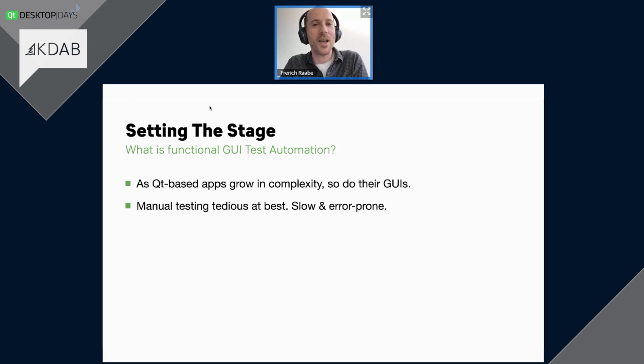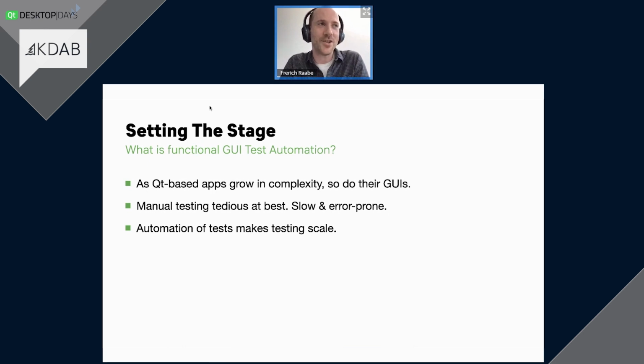And since so much time elapses, there's a wide range of changes in the application which may have been responsible for the defect. So that means that debugging issues found during manual testing is typically quite expensive, since there's a wide range of potential issues. This means that for non-trivial user interfaces, manual testing doesn't really scale. And that's where the automation part kicks in. Automation is what makes testing scale.